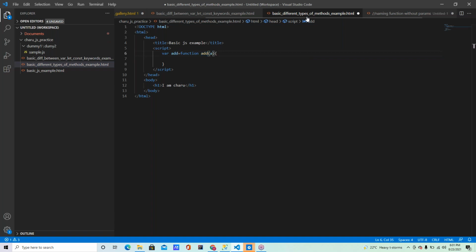Function one. How to write the parameters? Is it the correct way? Wait 1 second. Is it the correct way? Respond, everybody. No, sir. Generally, add is equal to function. Charu, put yourself on mute, I'm getting some noise. Add is equal to function only, and call it after. Wait 1 second, Charu.